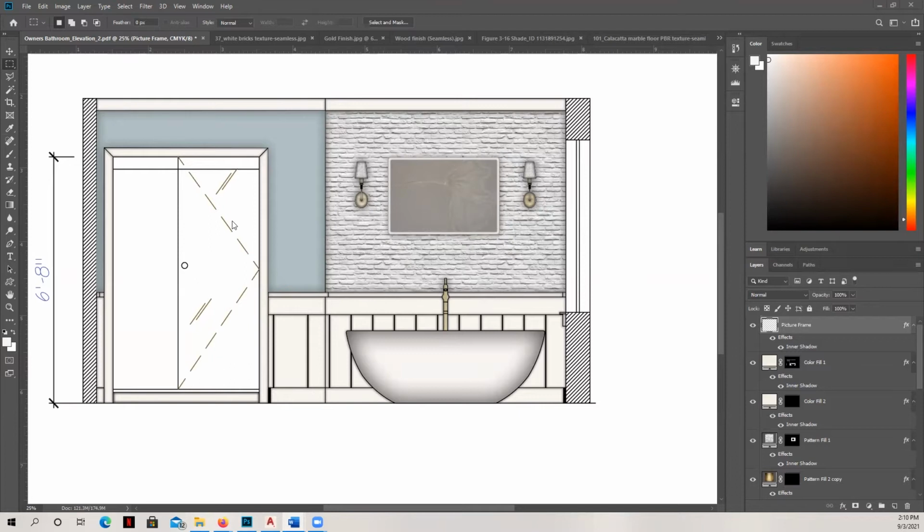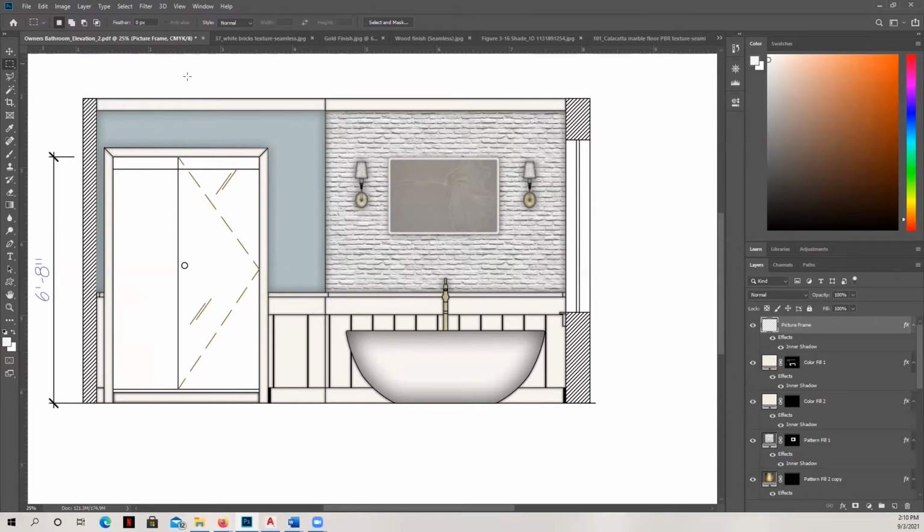Okay, so the next thing I want to teach you is how to create a pattern with a transparent overlay. Now, that's going to come into play here for this shower. There's some AutoCAD line work, of course, that came in. And for right now, we're going to leave it as is, but we're going to cover and kind of rework this quite a bit.